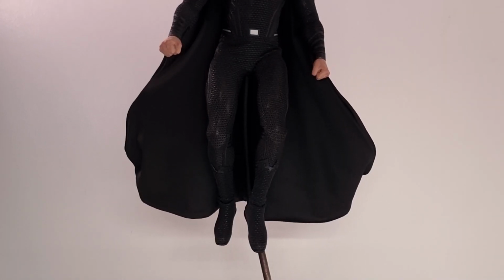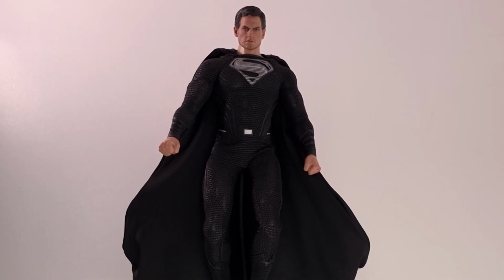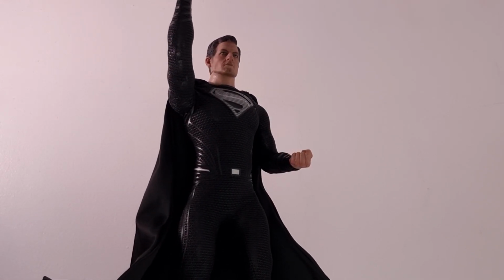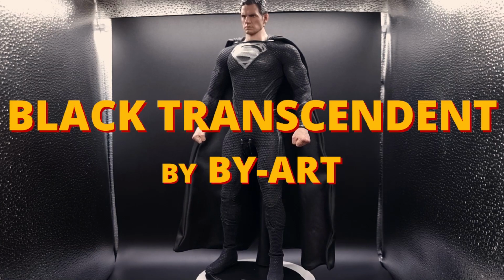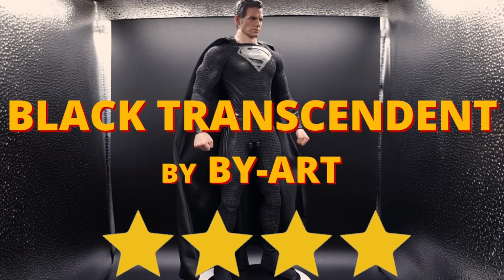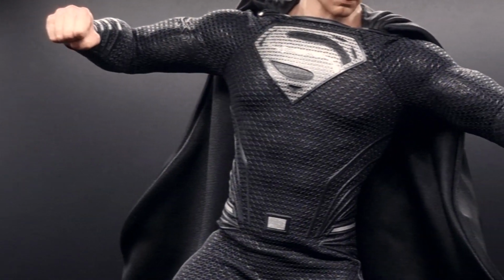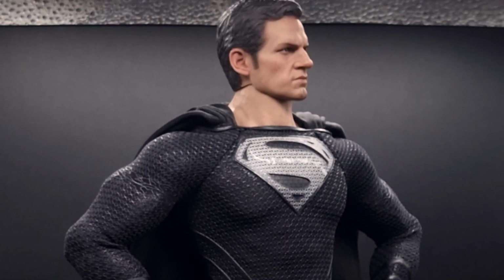Plus, I really feel like I have to give ByArt some points just for being daring enough to use a magnetic flight pole, which I can honestly see being a widely adopted option in the future. So, for all those reasons, I'm gonna rate Black Transcendent by ByArt a 4-star figure. A must-have for Superman or DC fans who want an impressive and worthy depiction of Henry Cavill's black suit Superman